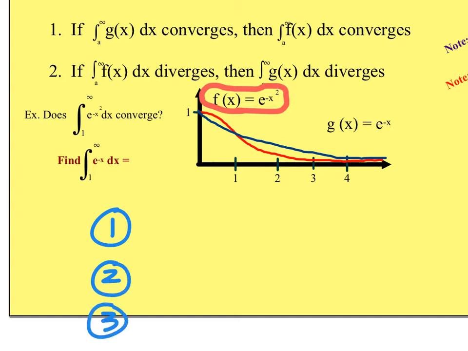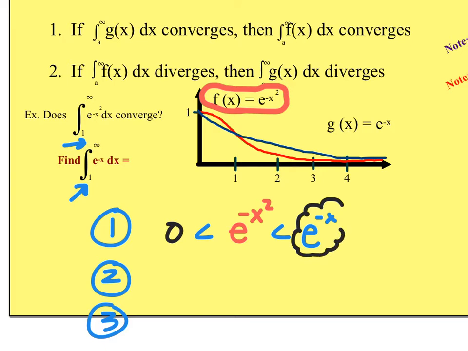The first step is we're going to write out an inequality. We want to find a function, in this case the function e to the negative x. e to the negative x is always larger than e to the negative x squared on this interval from 1 to infinity. Therefore, the area under e to the negative x will always be greater than the area under e to the negative x squared, and those values will always be positive. So if we can find an easier function to integrate on that improper set of values,